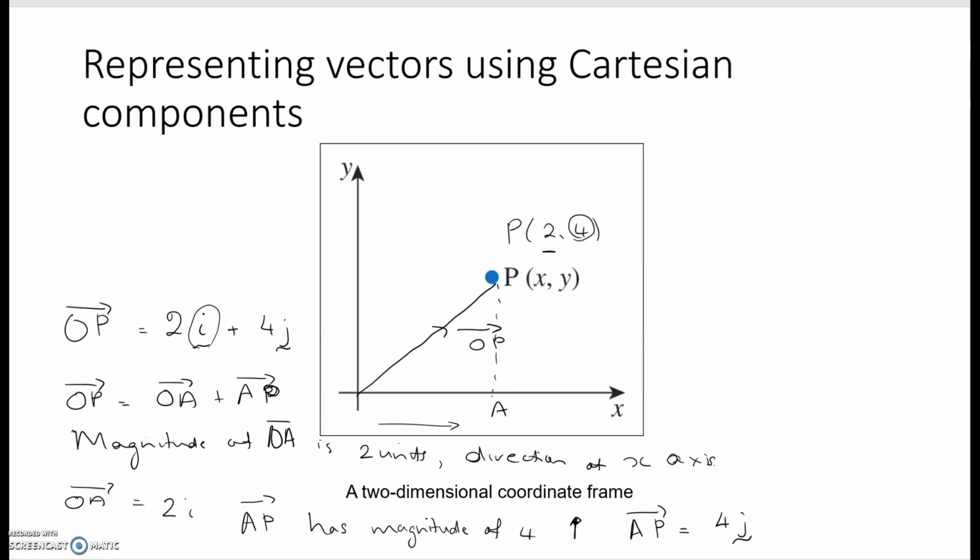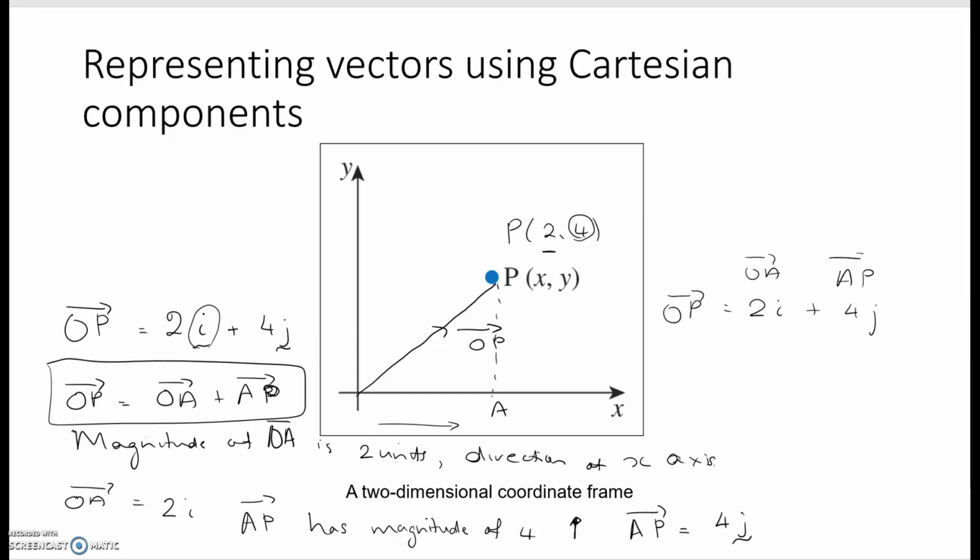Then finally, as we did before, OP equals OA plus AP, then OP equals 2i, that's the OA, plus 4j, that's the AP. And we talk about 2 and 4 as being the Cartesian components